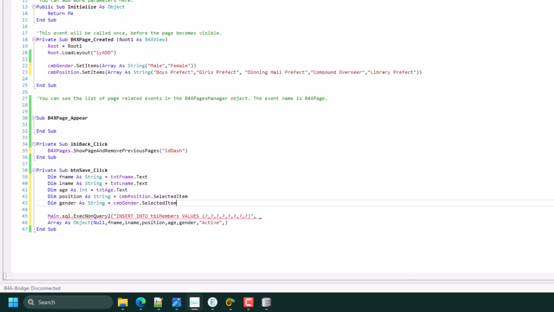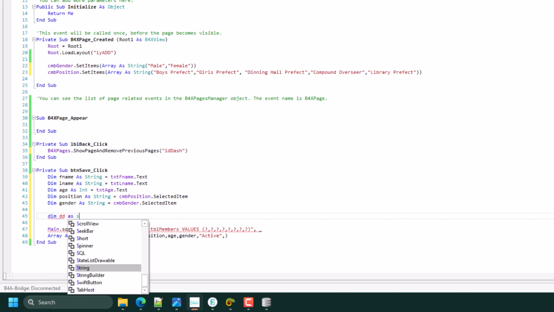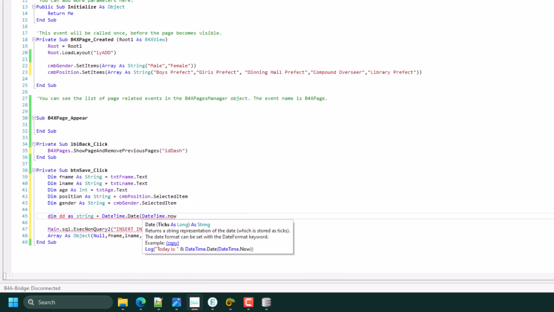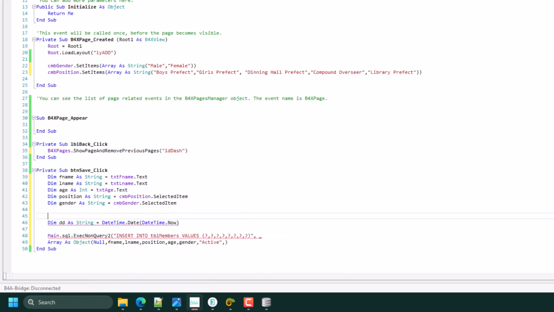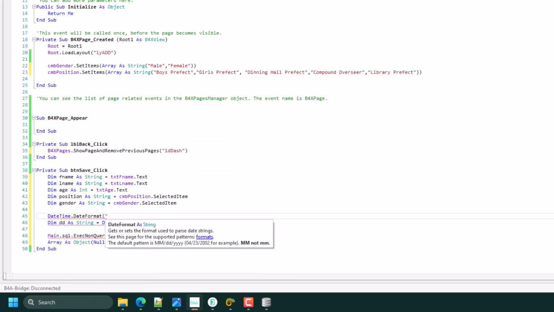Let's see, dd as string equals DateTime dot DateTime dot Now. So you get the date, but let's say DateTime dot date format. We want the year first, and then month, then date.